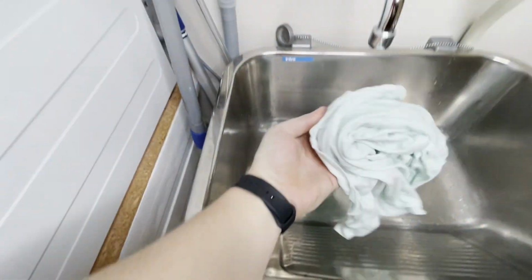So what should you do if your white clothes have turned blue? Well, that's what we're here to find out today. First, I wanted to talk about the causes, and then I'm going to show you a quick and easy way to fix this problem. So the culprit of this, generally, you will find is that you have mixed your whites together with something blue,